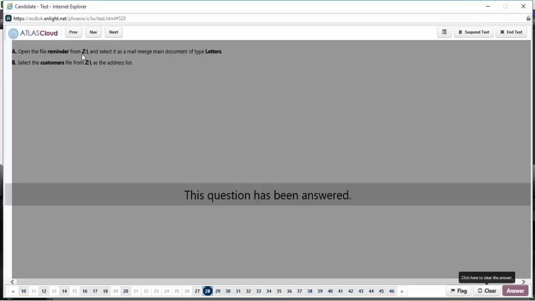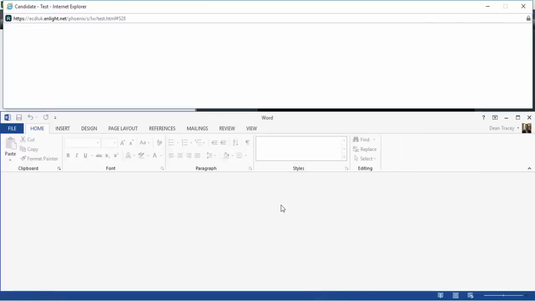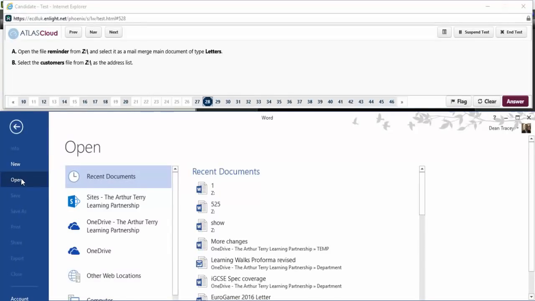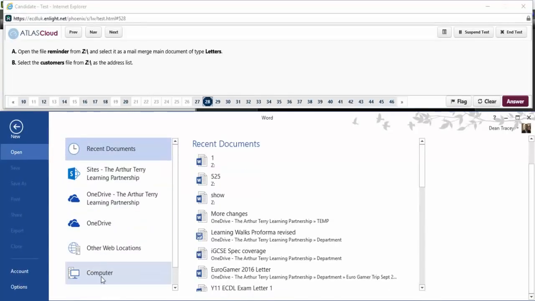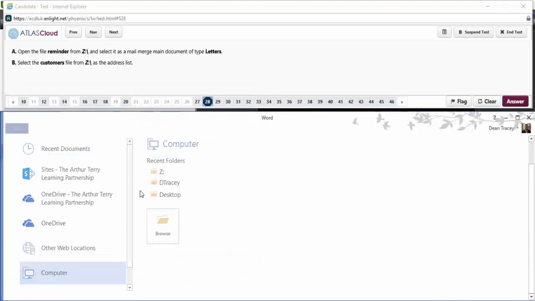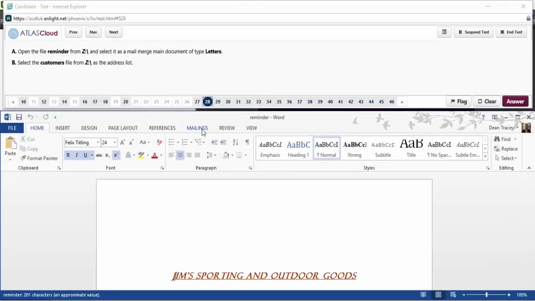Open the file Reminder from Z, select it as a mail merge main document of letters, and select the customers as the list address. Okay, so this is something that you perhaps haven't done very often, if at all. So firstly we need to open that file. So go into Computer, the Z drive, and open Reminder. You then go to Mailings,